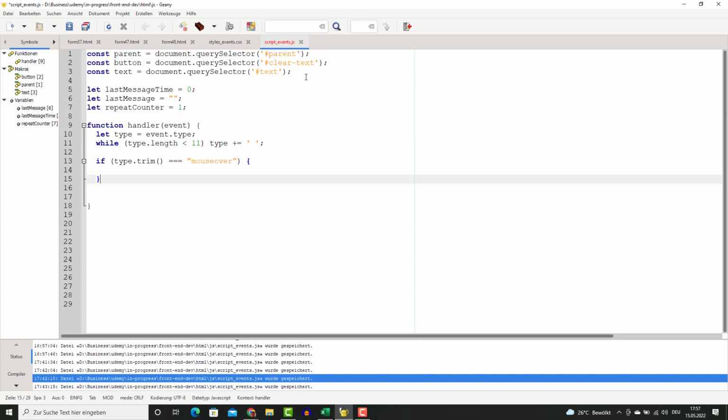Then I'm going to remove all the empty spaces using the trim function on the type that I defined as event.type, if this is equal to mouseover, so if I have the event mouseover, I'm going to print this text, which is basically a log function that we will see later. We're going to type the type of the event plus 2, and then you see here